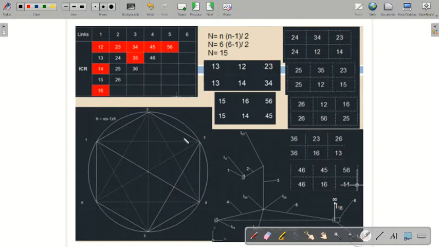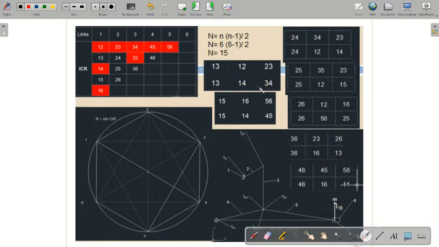After writing these things, let us move to the next triangle. What is the next triangle? 1 3. So I have written 1 3 here, then 3 4, then 1 4. So write 1 4 and 3 4. What we are seeing in the diagram, we have to write it here. Okay?